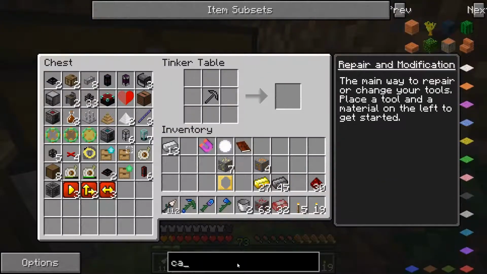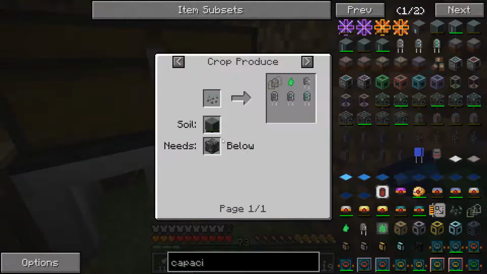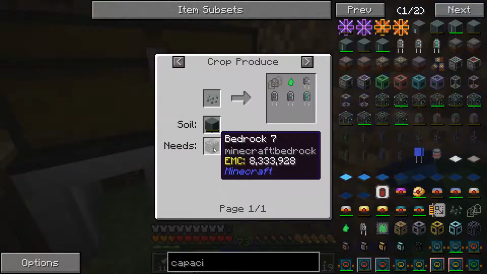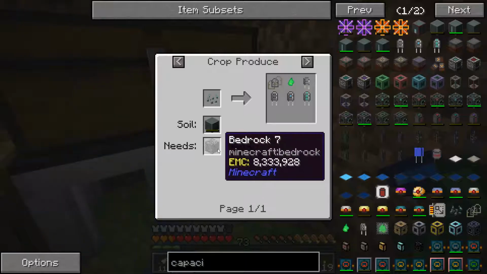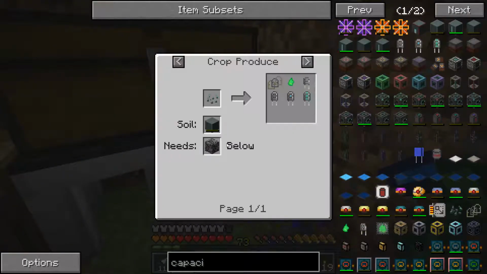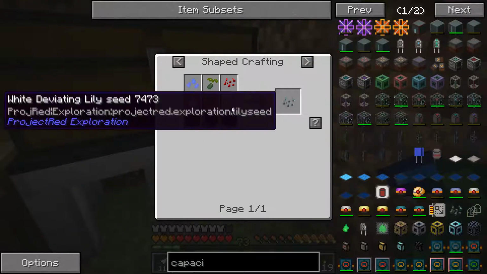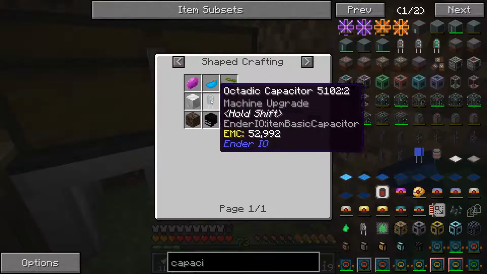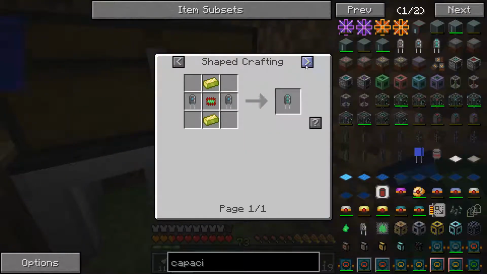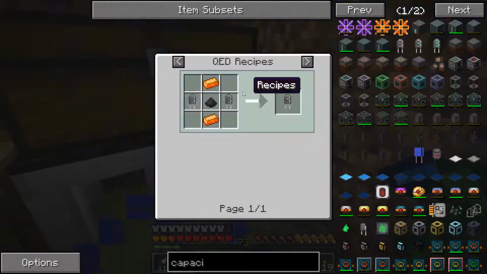So if I put capacitor into NEI, let's have a look. Yeah, this is how we can automate later. So it's going to be bedrock, so we're going to have to get probably... We'll either right down to ground, in fact we haven't got a ground leveler, so that'll be on top of the nether roof with a basic capacitor bank and some capacitor seeds, which we're going to have to see. This is where we have to make the capacitors anyway. So that's what we'll be looking at come the future, but right now